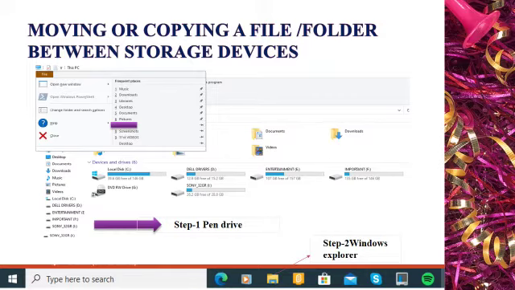Step 2, you can see here in the textbook what they gave. Select the start menu. Either through the start menu you can select your Windows Explorer, or below on the taskbar you can see the image, children. You can click directly on Windows Explorer or File Explorer. Okay children.